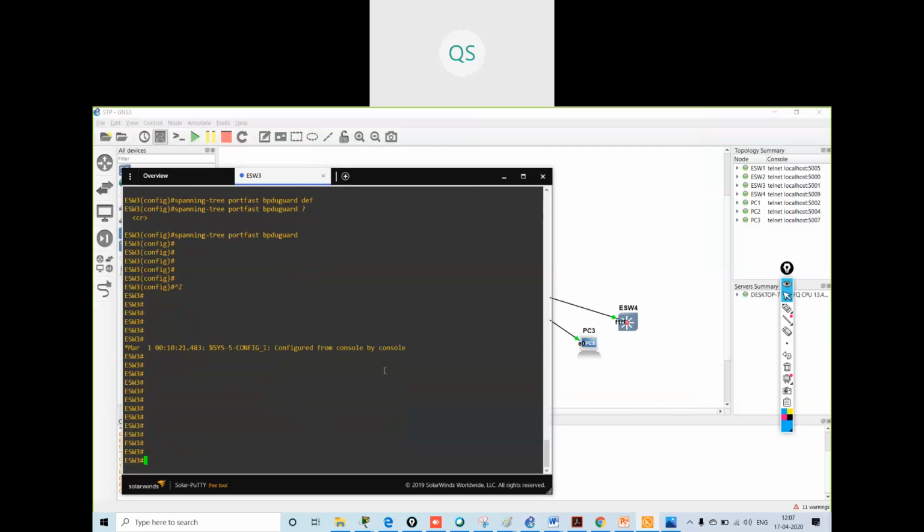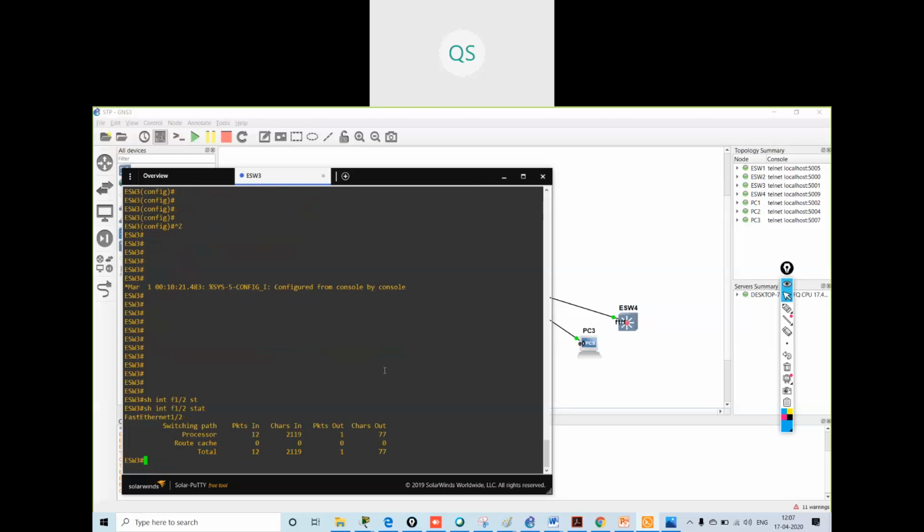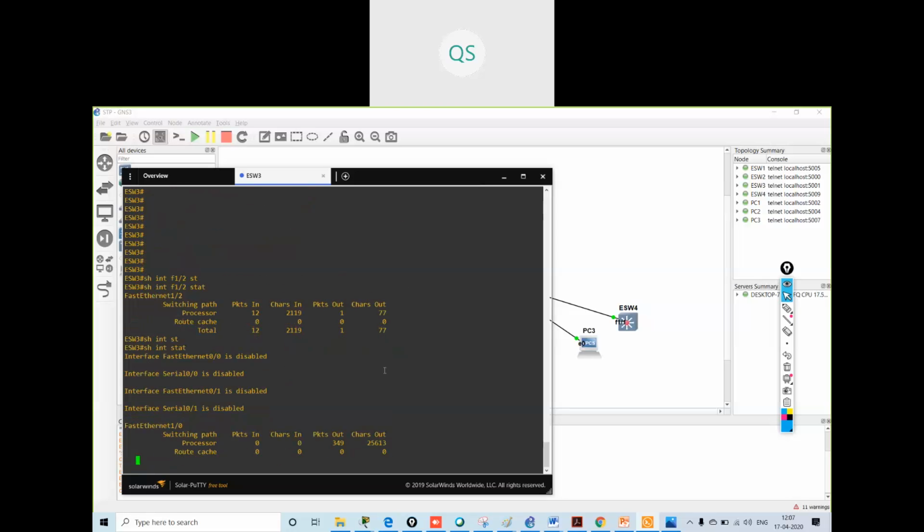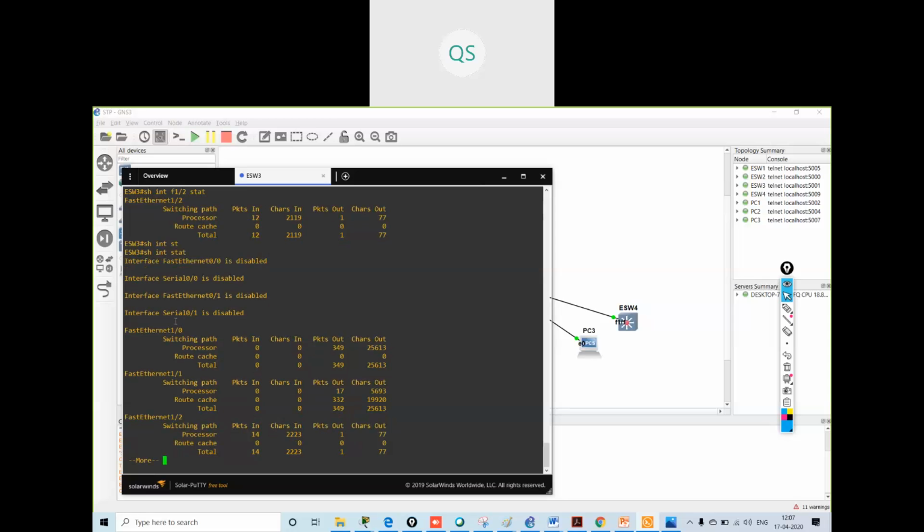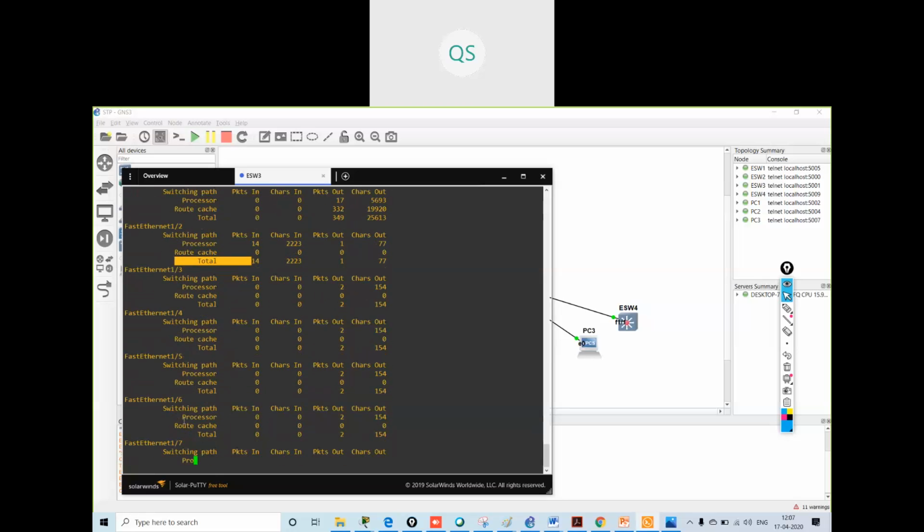Show interface FastEthernet 1/2 status. Show interface status. It is a multilayer switch, so the output is different.